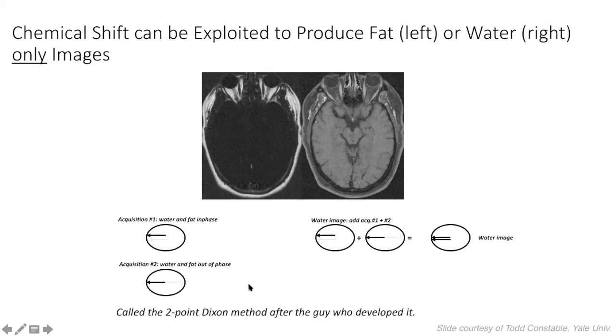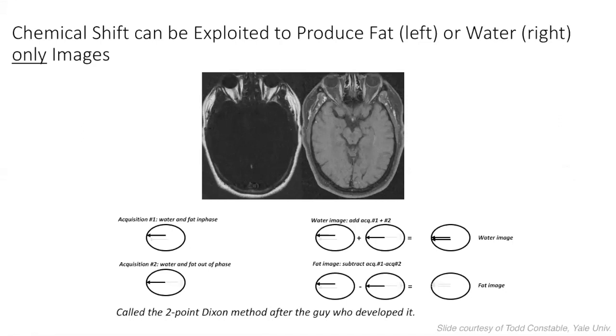The way this is actually calculated is, if you choose an appropriate echo time, you get an acquisition where fat and water are in phase. If you do a second acquisition, you get a second echo time where they're out of phase. To get your water image, you can combine these images so the fat cancels out. Similarly, if you subtract them, the water cancels out and you get your fat image. So chemical shift might be an artifact, as I'll show on the next slide, but it can also be used to help